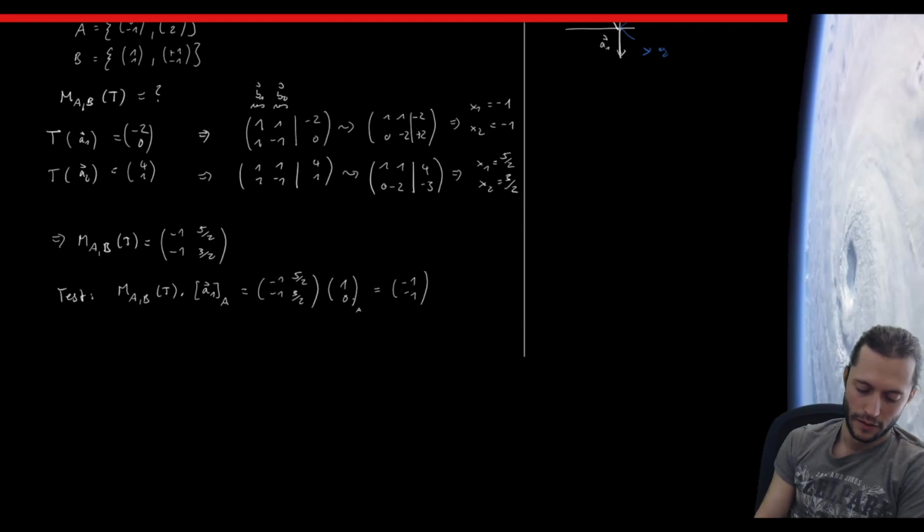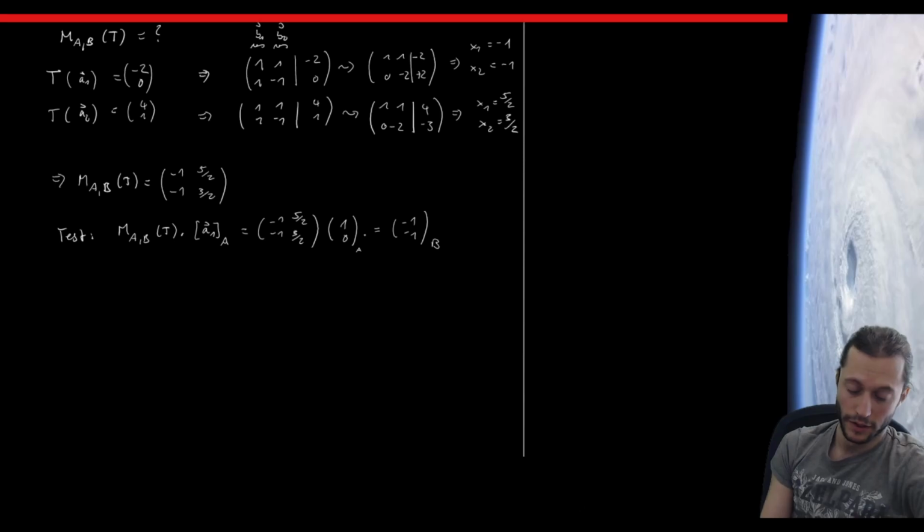And as you see, once we applied the matrix, we get B coordinates. So these really are the B coordinates of the mapped A1. So that's all we wanted. We wanted to have a map where you put in A coordinates and you get out B coordinates of the image. Now, just to show that this is supposed to be correct, we can go back to the standard basis,